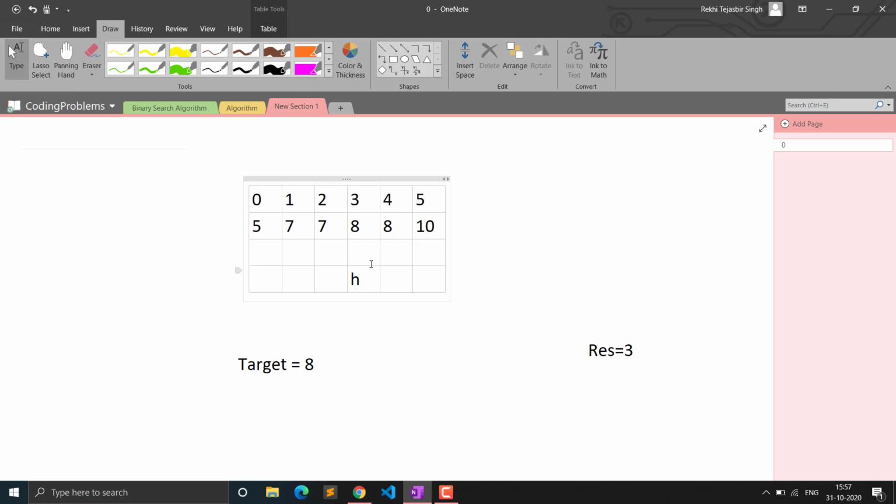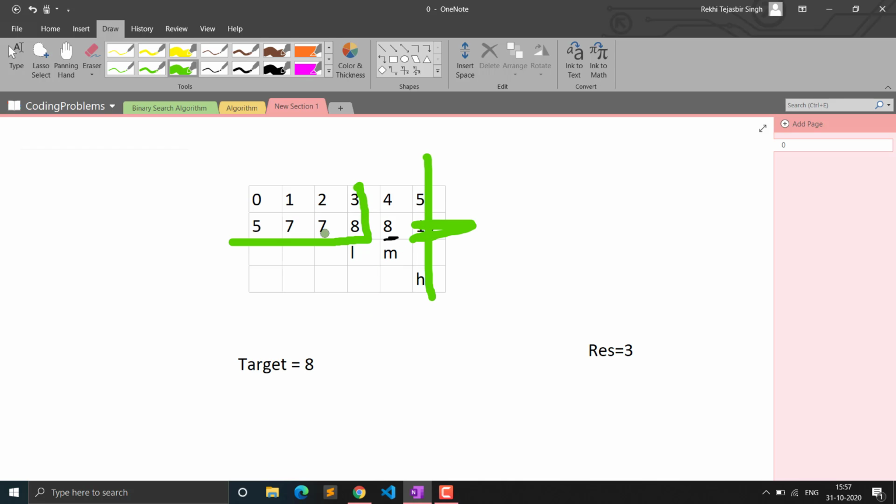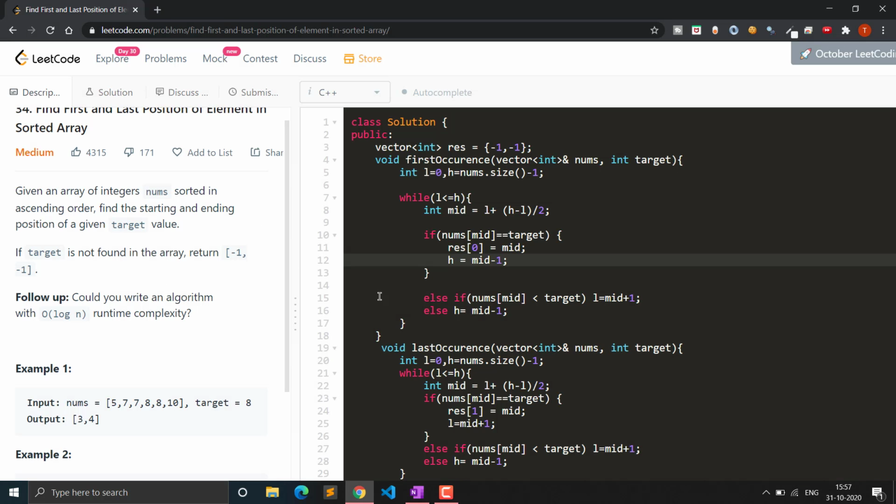If our mid is at this point, our left is at this point and high is at this point, the first occurrence of the element will probably occur before that particular element. If our mid is here, the element that we are searching for will again occur only before this, that is this part. It will not occur at this part. That is why binary search saves a lot of time. It runs in log of n time, because it is decreasing or dividing our search space by half. So that is why we use binary search.